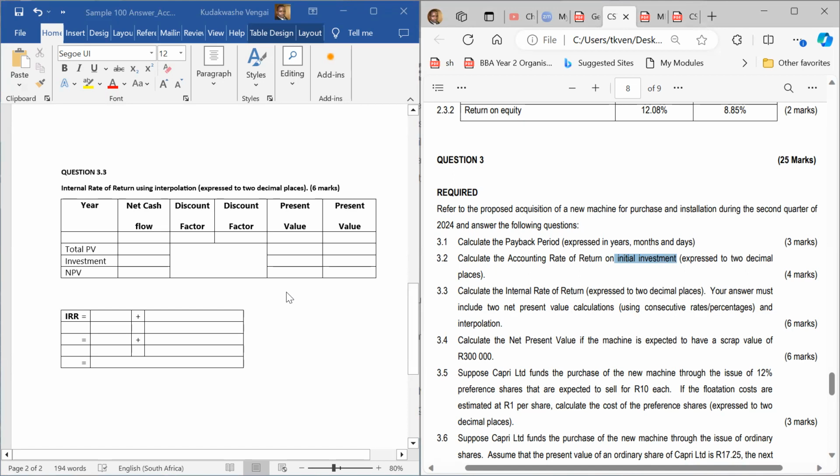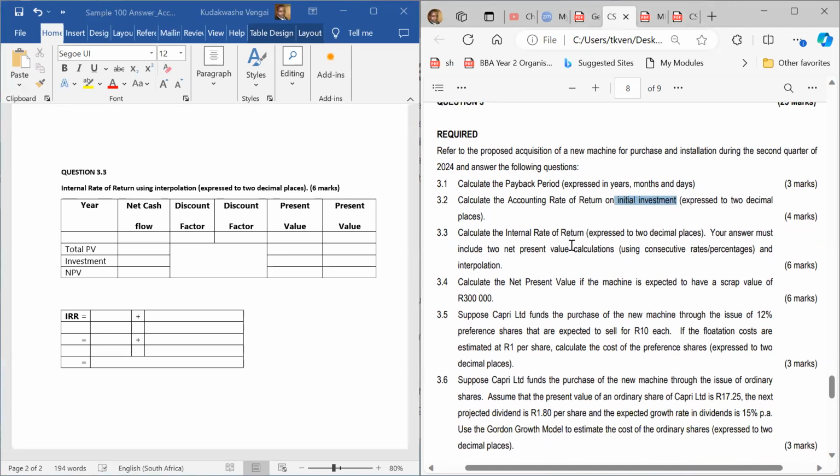Question 3.3. Question 3.3 says here, calculate the internal rate of return expressed to 2 decimal places. Your answer must include 2 net present value calculations using consecutive percentages. All right. So this is internal rate of return. I'm not going to go too much into depth for this one because it's a very long topic, but the